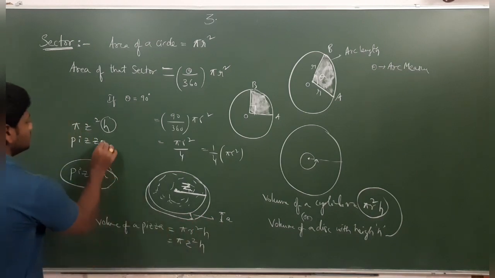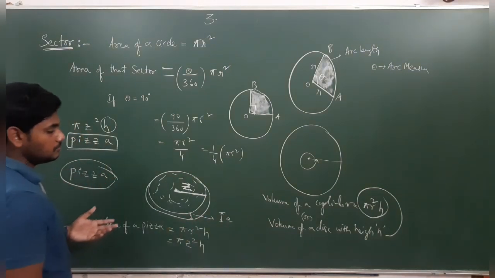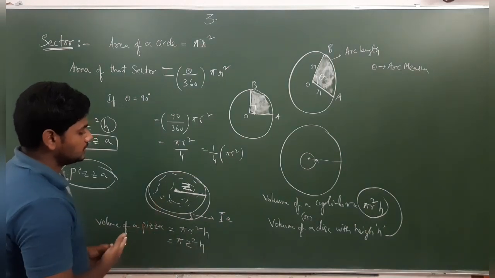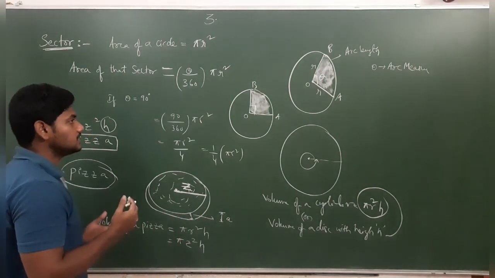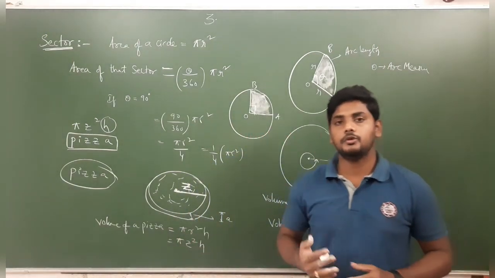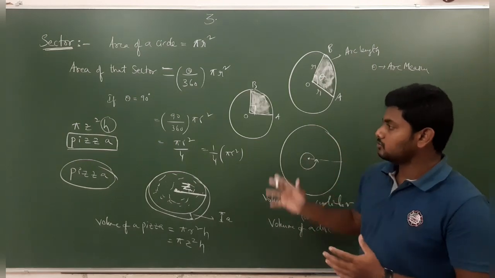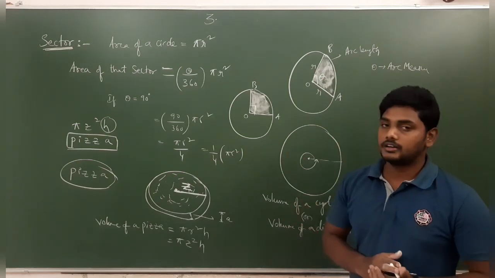I have considered it as a. So if we write like this, this will become pizza. Nothing but through that formula only they have discovered this pizza. Through that pizza, n number of employment also came through Domino's and Pizza Hut, all those. See how important maths is. Through maths only so many discoveries are coming.